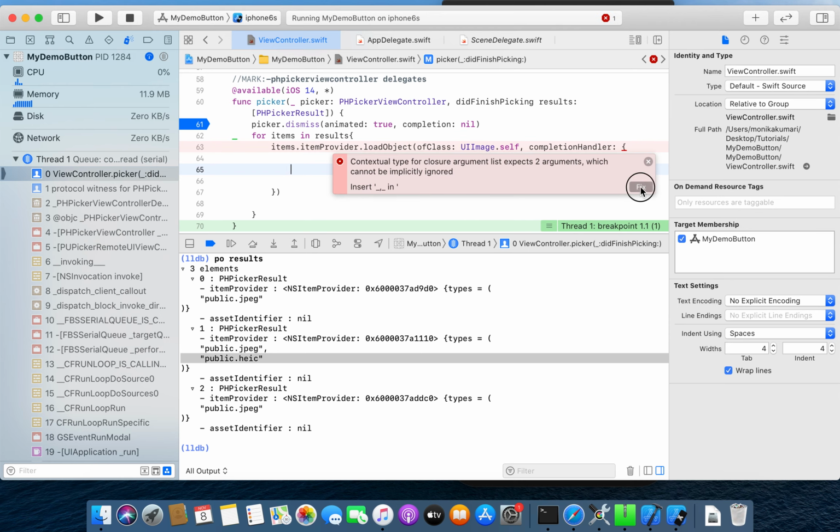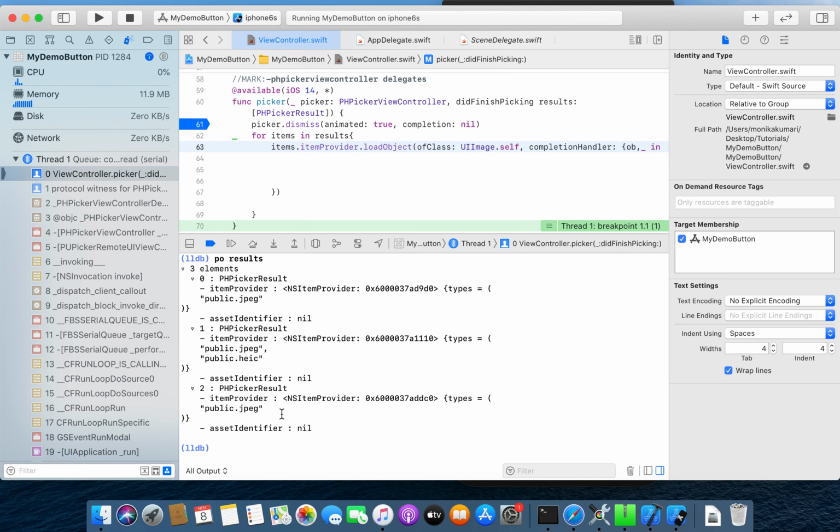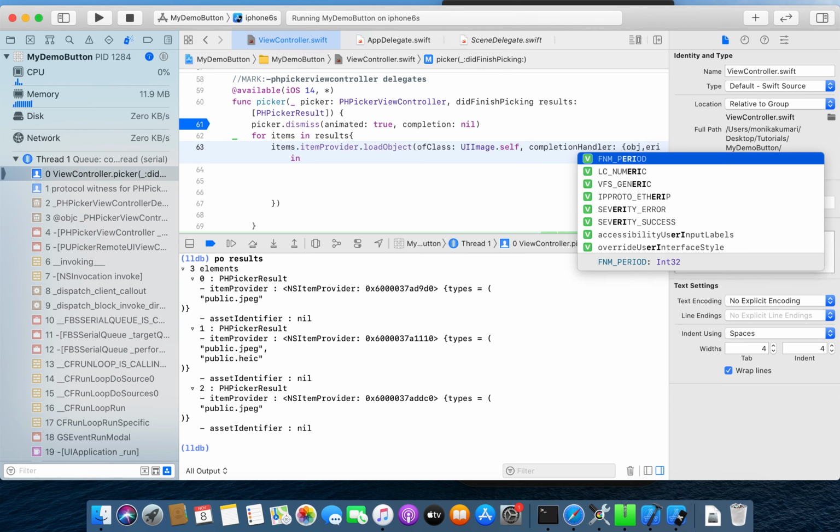See, it is saying that we have two things to write over here. What two things am I getting here? The asset identifier is nil, PHPickerResult, itemProvider, and inside the item provider I have an image. Image will be in, let me write obj for the image, and the second thing I will get is the error, if any.